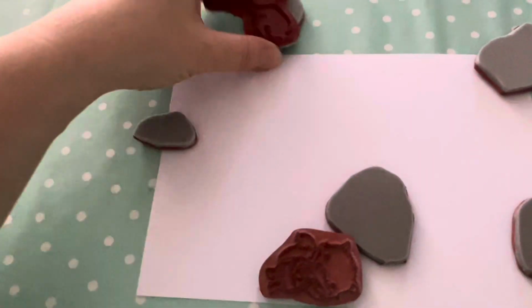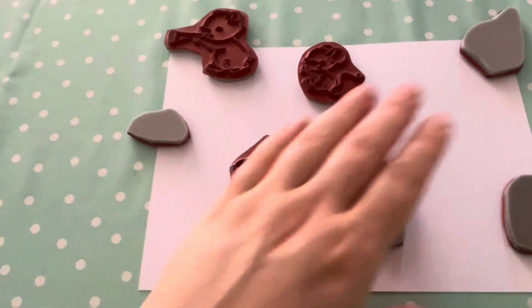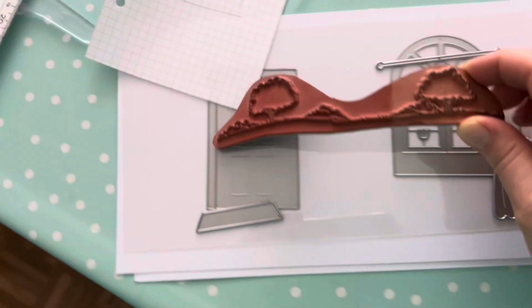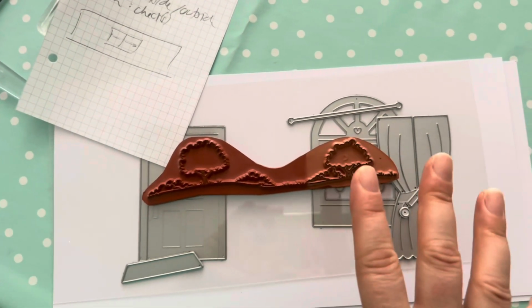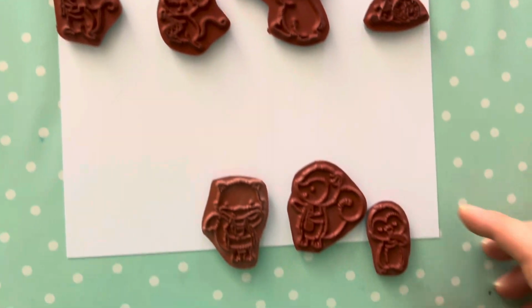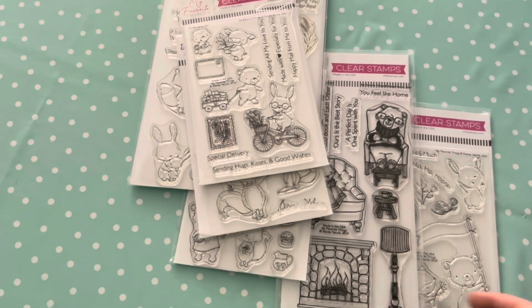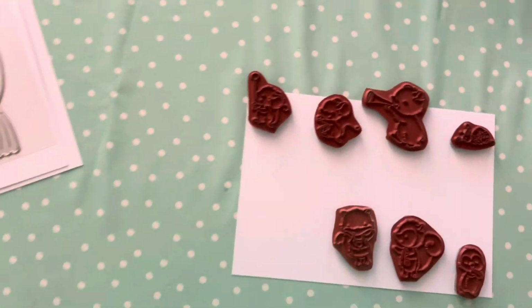Then I have my critter ideas. I have a marching band on the outside and a background somewhere. This I want to show up behind the window and the door. This stays put, and the acetate in front of it moves. And then again I have a marching band and some inside critters, and I have more options for inside critters, but I want to figure that out later. So I want to start with my